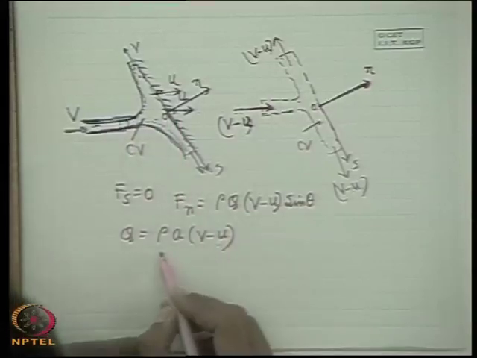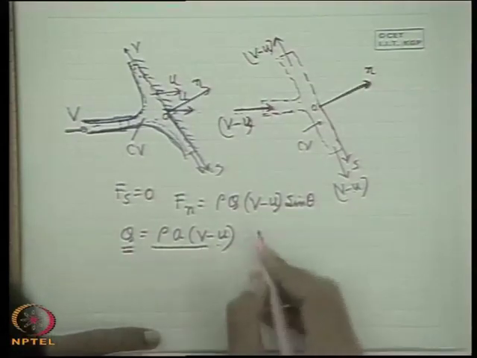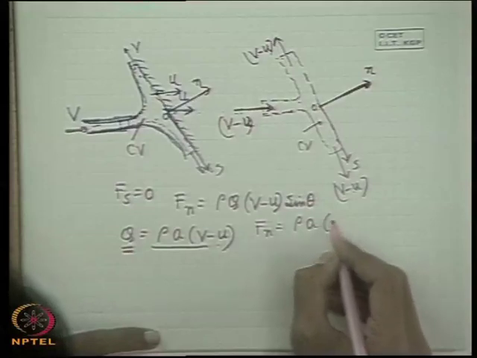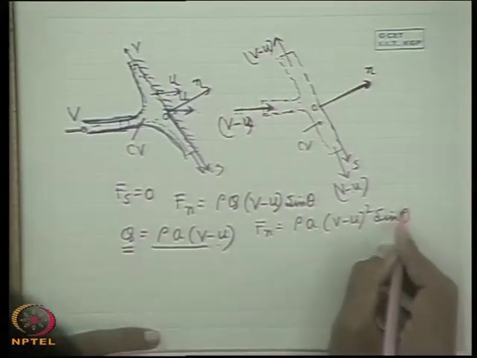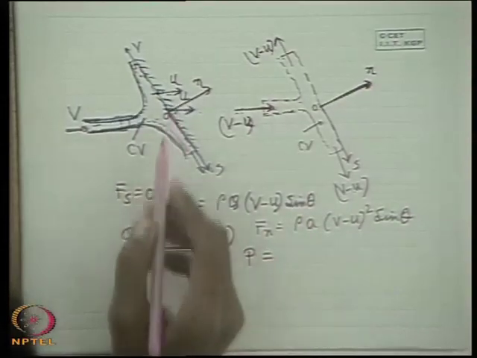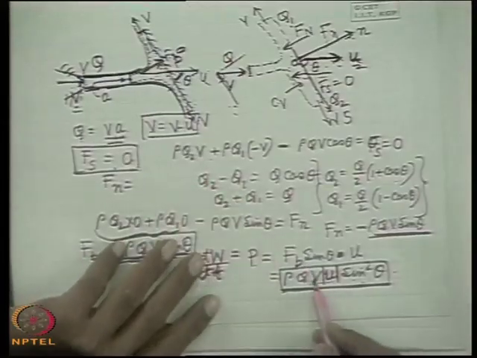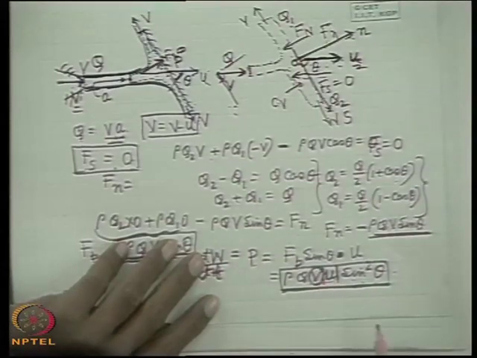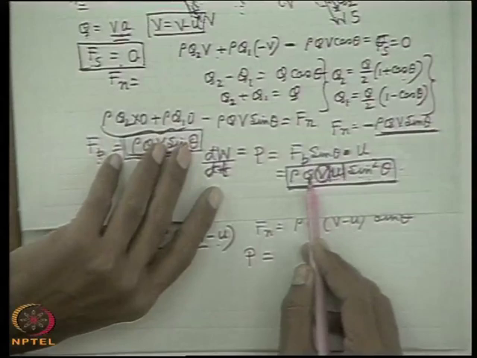So that you know from common sense that q, the flow received by the plate, is A (V minus u). In terms of that, it is a very important concept, we can write rho A (V minus u) whole square sin theta. In this case the question of power developed comes, and P, which we did earlier for understanding, was F V u sin square theta. So, simply this V will be replaced by V minus u, and q also will become V minus u.